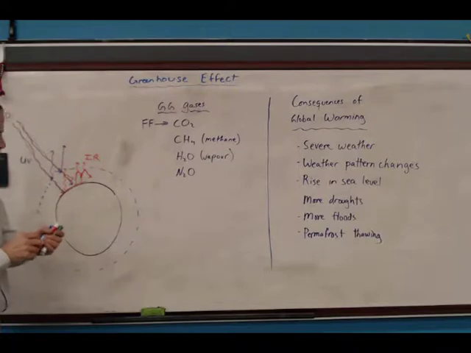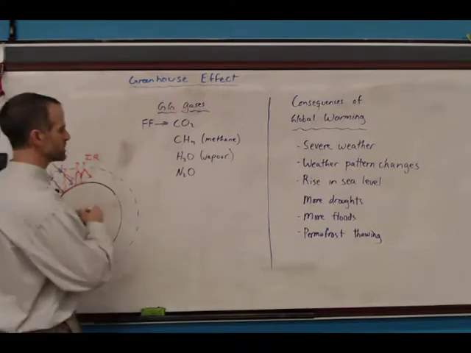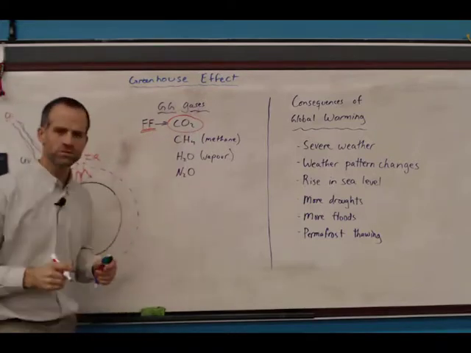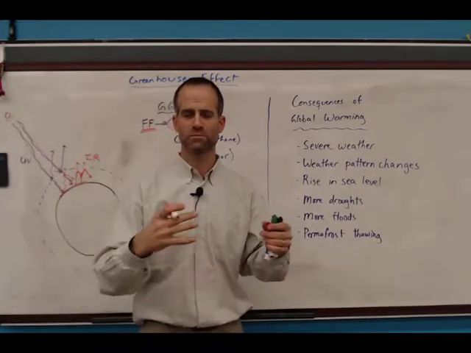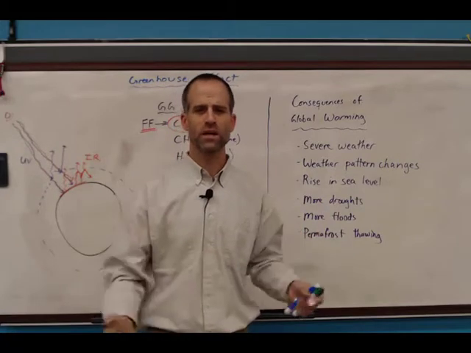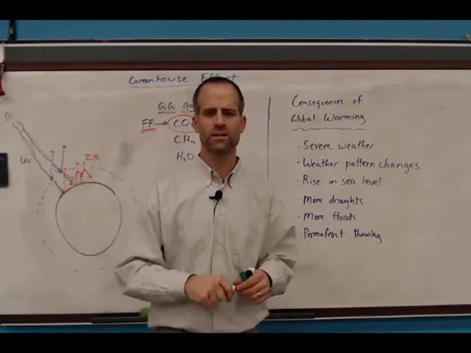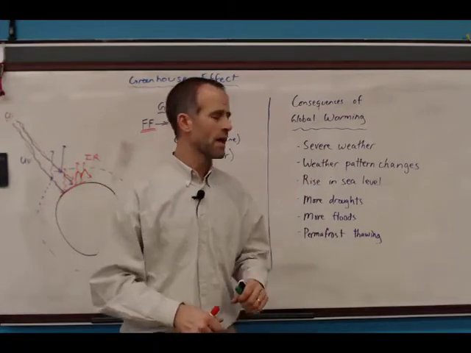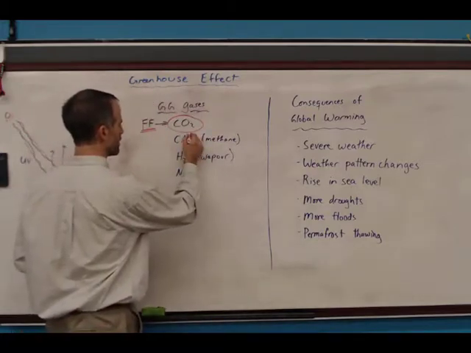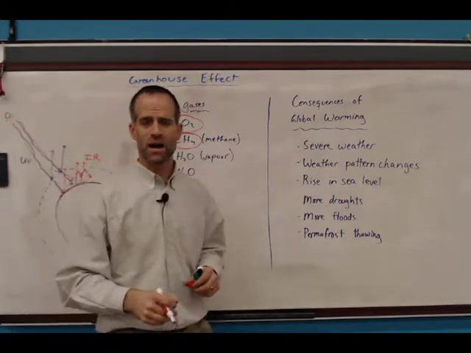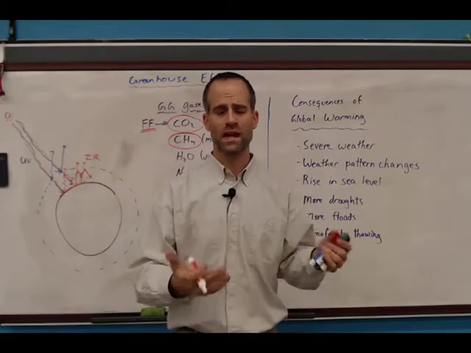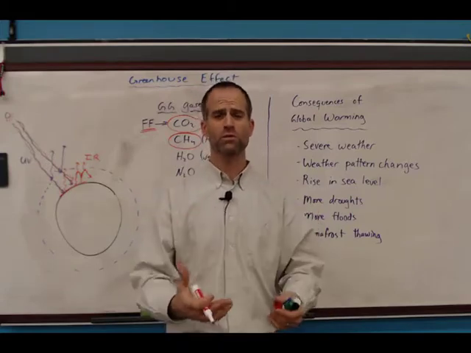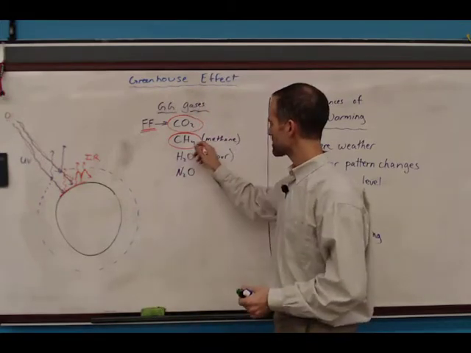Now, the problem is that right now we are producing far too much carbon dioxide. We're doing that from fossil fuels. All our cars and our coal plants that produce electricity, they're burning a lot of fossil fuels which we are mining out of the ground and producing carbon dioxide. And methane. We are actually producing a lot of methane. The fact that we eat beef, well, cows, unfortunately, when they eat the grass, they fart a lot. They actually produce a large amount of methane, and methane is